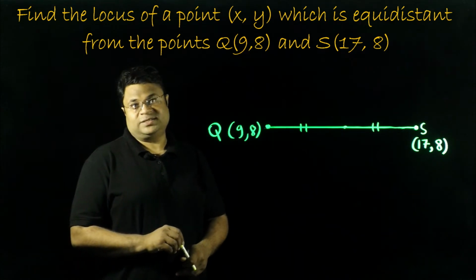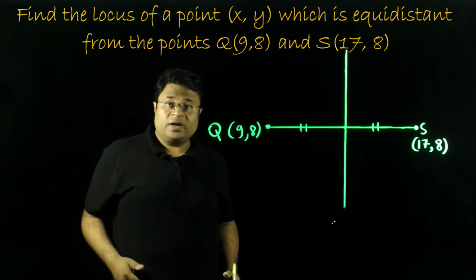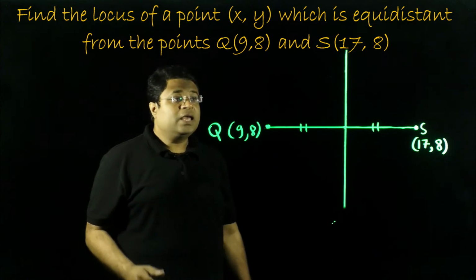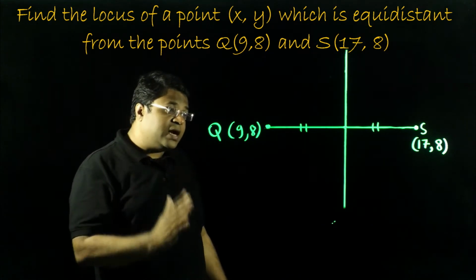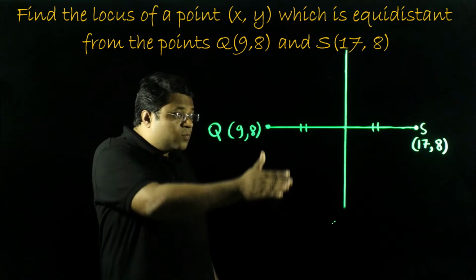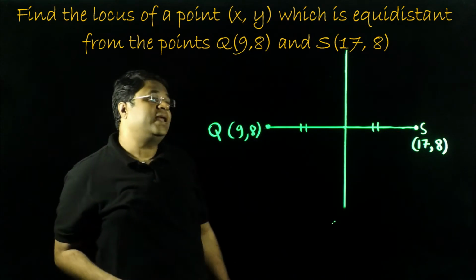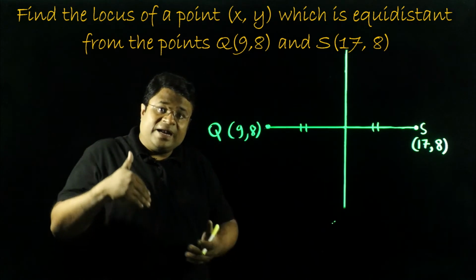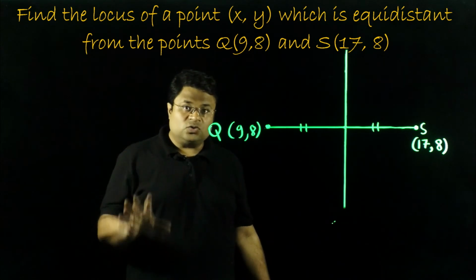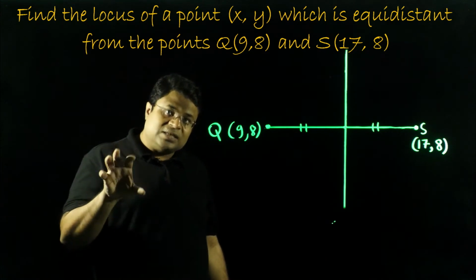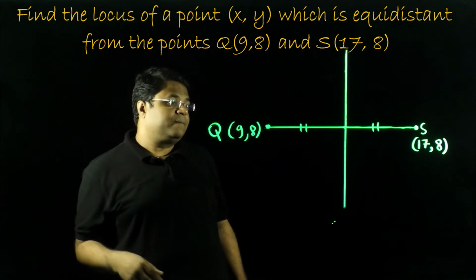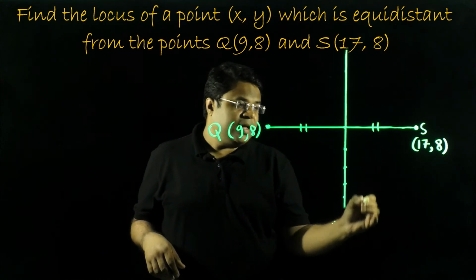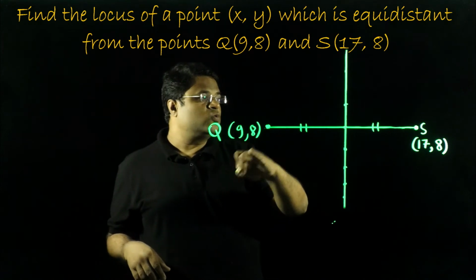perpendicular bisector. There was a wonderful chapter in your syllabus that was known as locus. If you were to know locus, you would have easily understood that the locus of all the points equidistant from Q and S lie on the perpendicular bisector. However, this is an additional way of looking at it, so don't connect it to the syllabus immediately. Let's see. These are the points and they are all equidistant from Q and S.